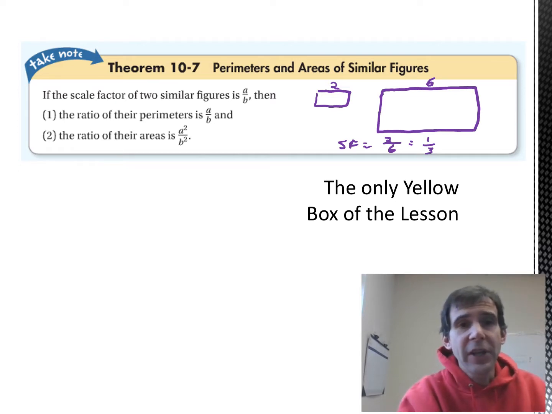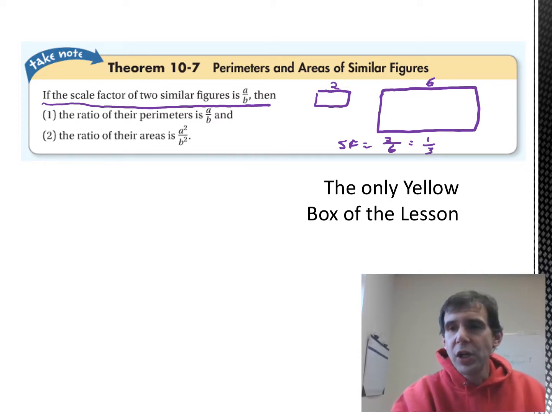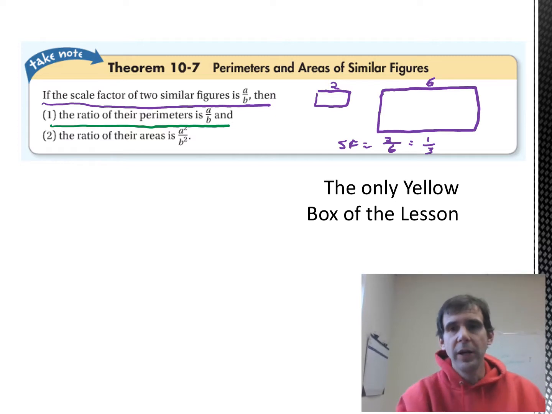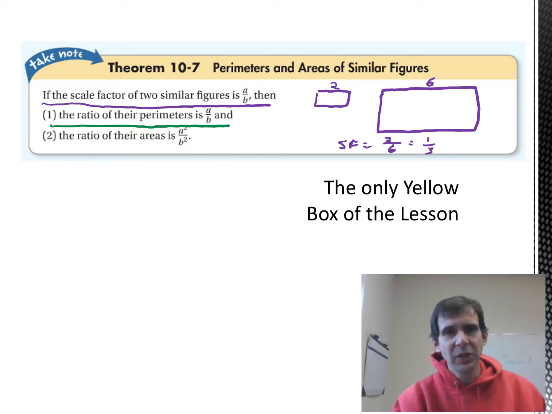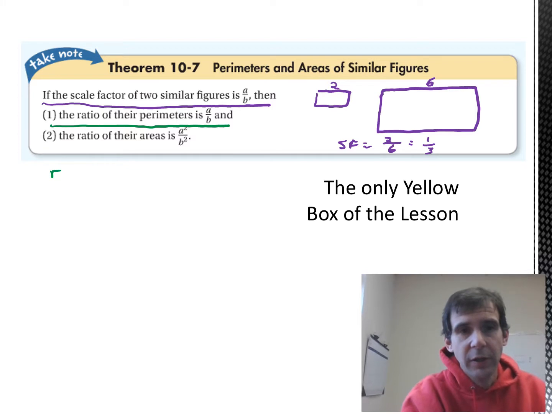So now, if the scale factor of two similar figures is A over B, then the ratio of their perimeters is also A over B. So what does that mean? It doesn't mean that the perimeters are the same. If our scale factor is 1/3 here, then the ratio of the perimeters is also going to be 1/3. But that doesn't mean the perimeter of the first object is 1 and the perimeter of the second object is 3. It means that the ratio of perimeters